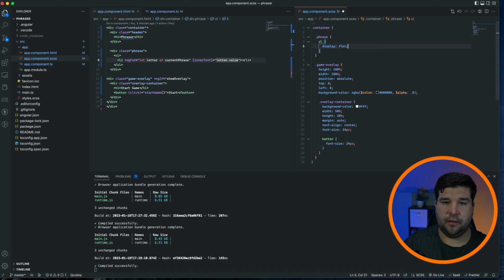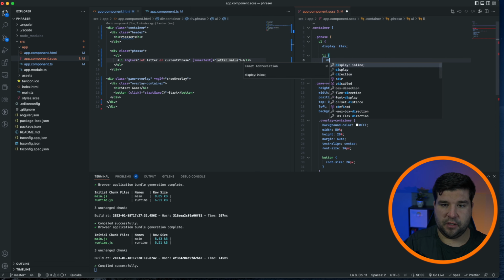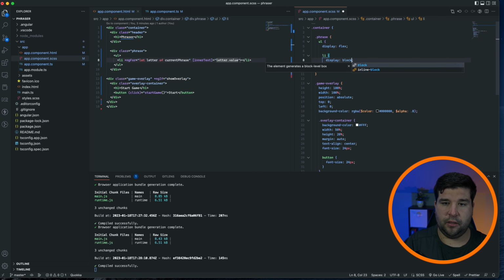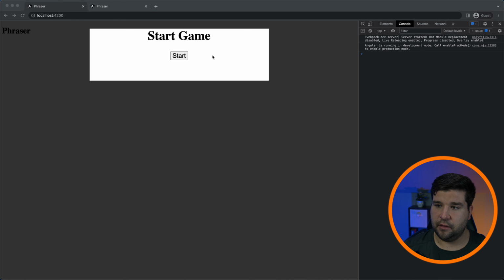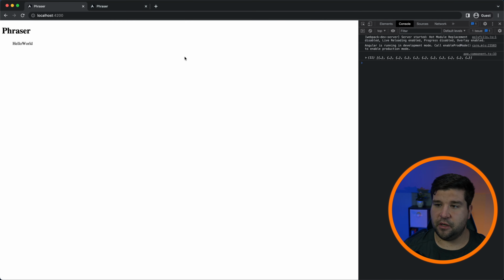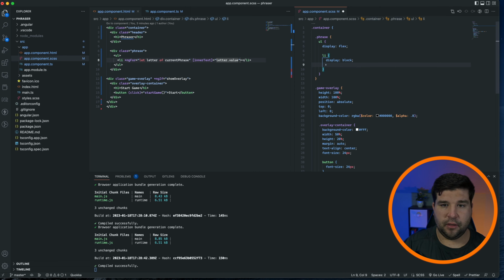flex, and the li to display block. Let's save that and see what that looks like. So back over here, we'll click start, and we can see that hello world is now displaying horizontally in the browser. Now let's come back to VS Code, and let's do text align